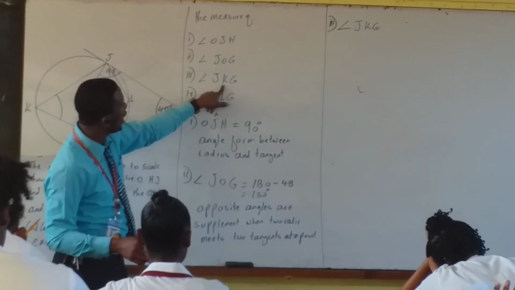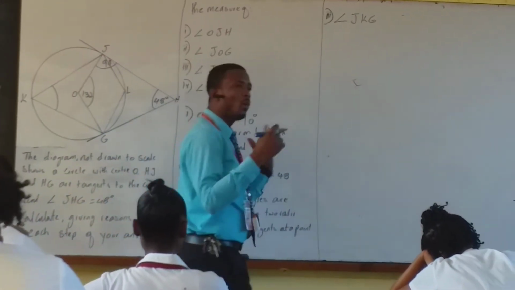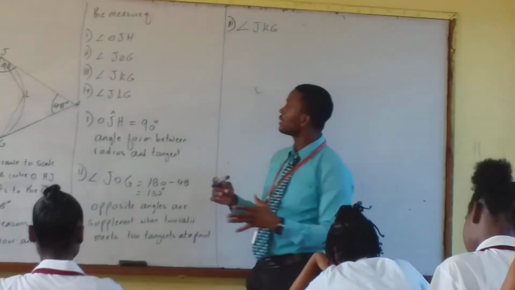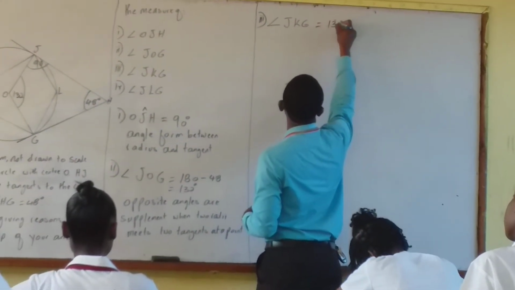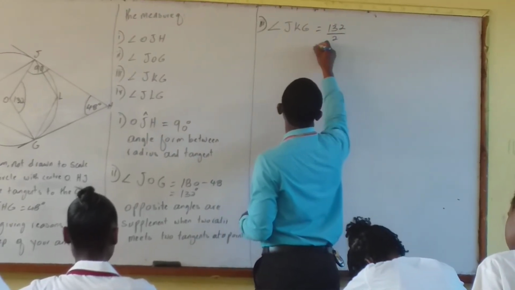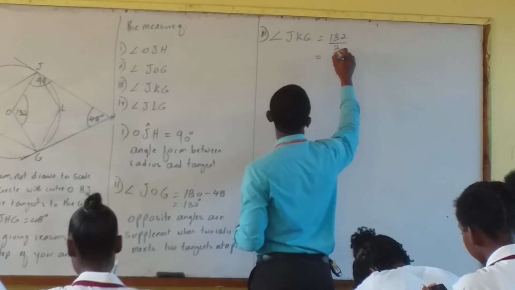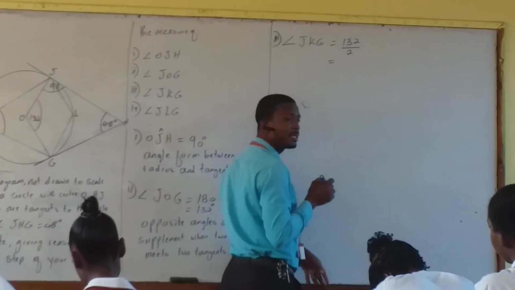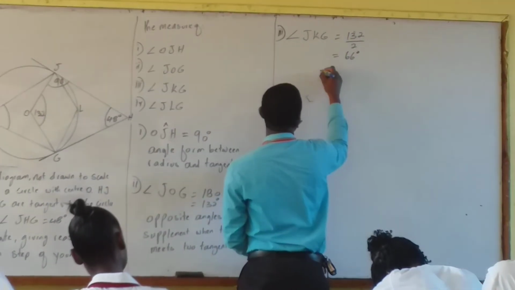This one is at the circumference, this one is at the center, so the one at the center is twice the one at the circumference. So I can simply say this angle is equal to 132 divided by 2, and that will give us 66 degrees, and we write angle